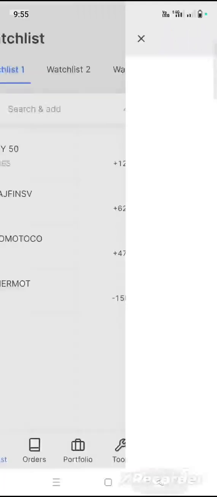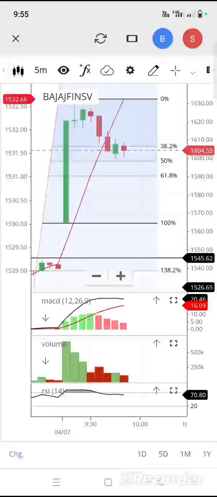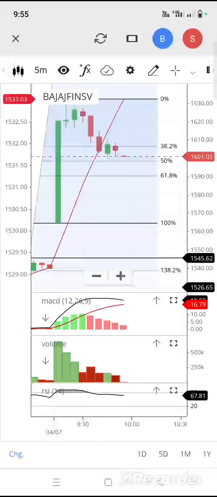So meanwhile check for others. So it is still coming from long, 1610. So it is a huge candle, so it takes time